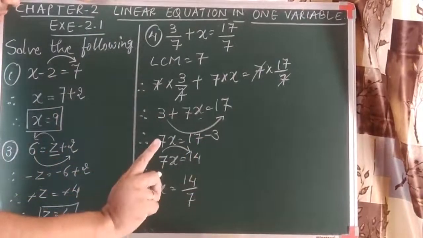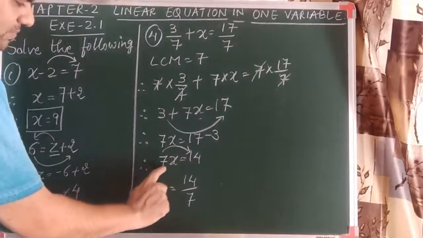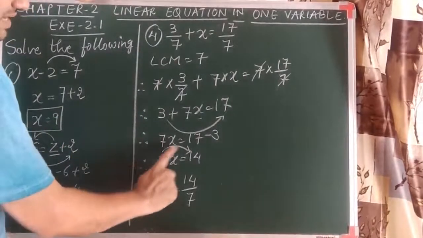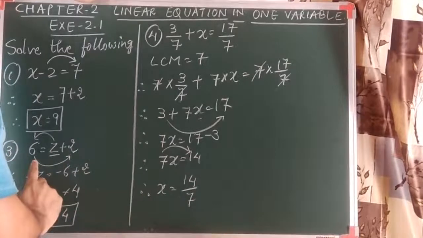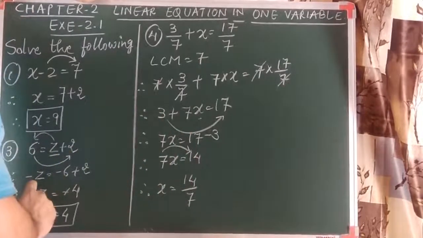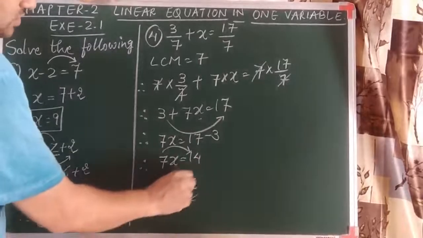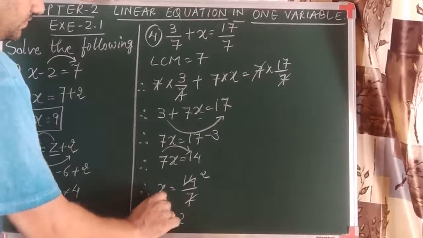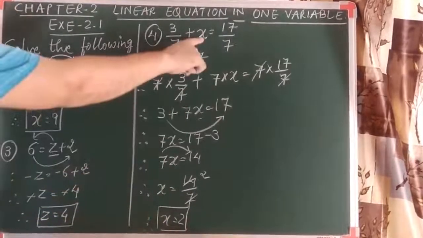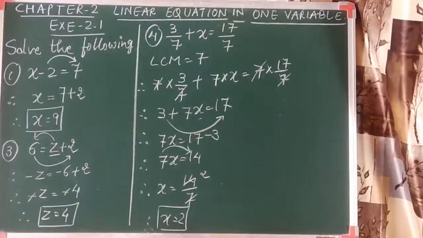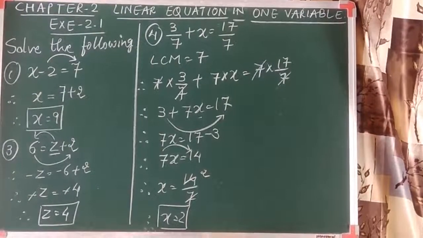रिलेशन की बात करो. If the term is in the product, 7 और x का रिलेशन क्या है, प्रोडक्ट का, तो 7 सामने जाके वो डिनोमिनेटर में जाएगा, डिवाइड में जाएगा. रिमेंबर दिस. अगर डिवाइड में होता तो सामने जाके न्यूमरेटर में जाएगा. So 7 2s are 14. So the value of x we obtain that is 2. So this is the solution. When you substitute x as 2, you will get the answer, that is left hand side equals right hand side.